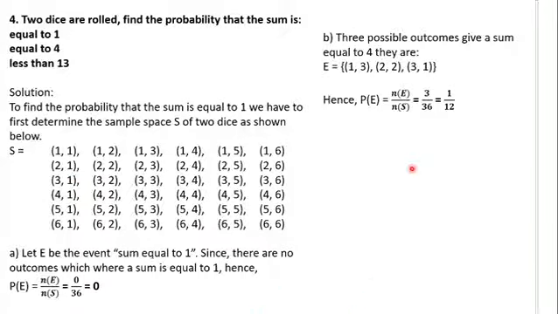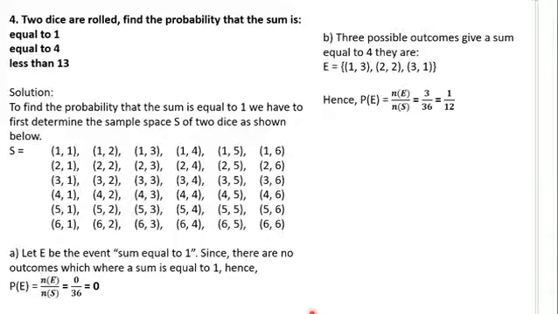So there are 3 possibilities where your sum will give you 4, and then that will be 3 divided by the total number of possible events. That will be 36, 6 times 6, and then you reduce that to the lowest term, you get 1 over 12. I want to believe that what we have done so far is not strange to you. To an extent, you must have a very good idea of these already.